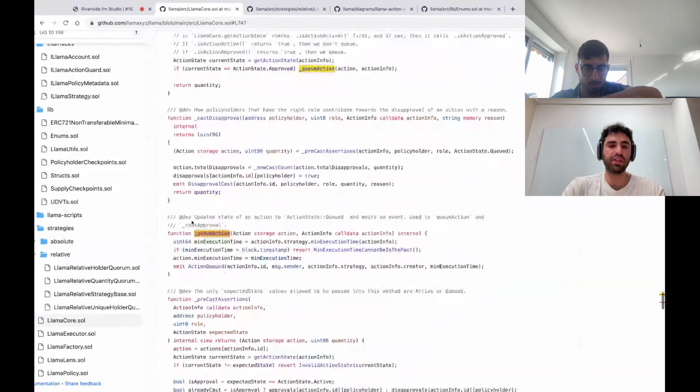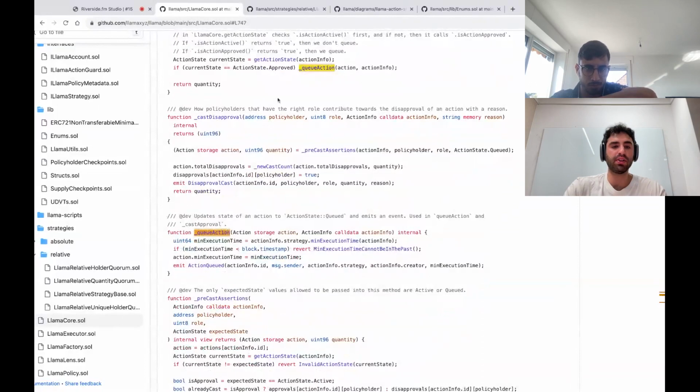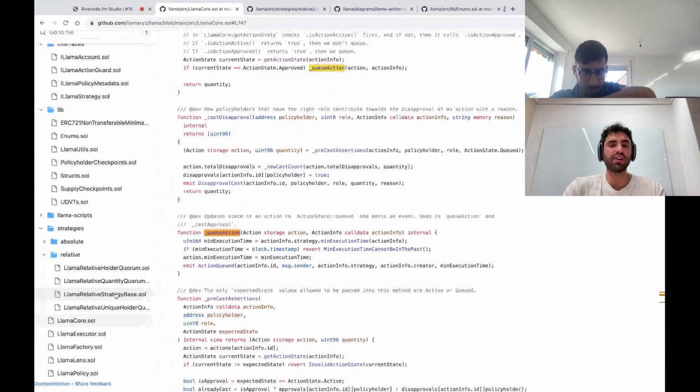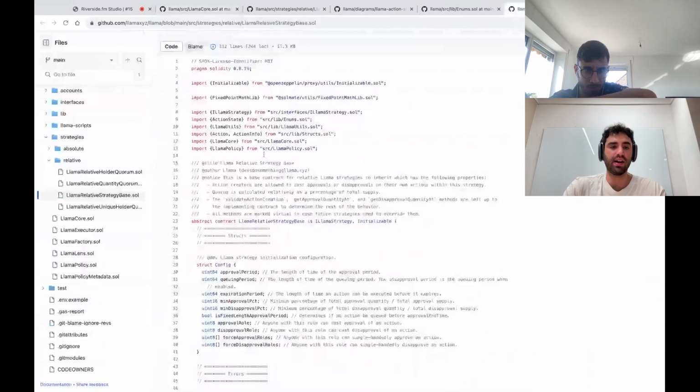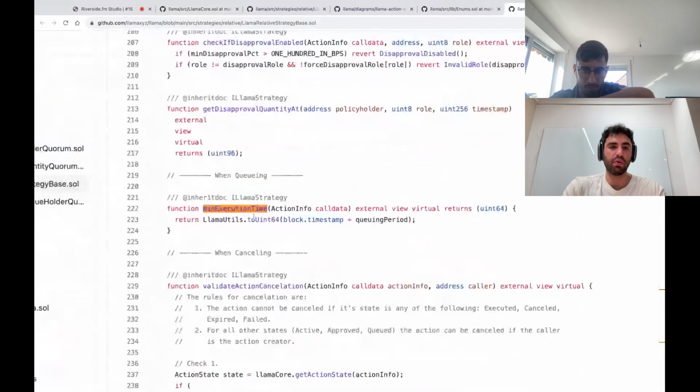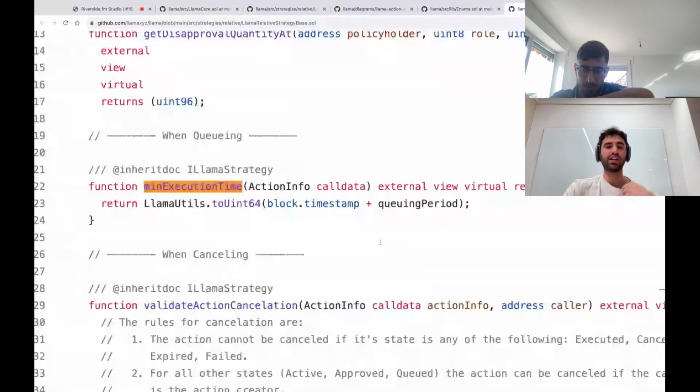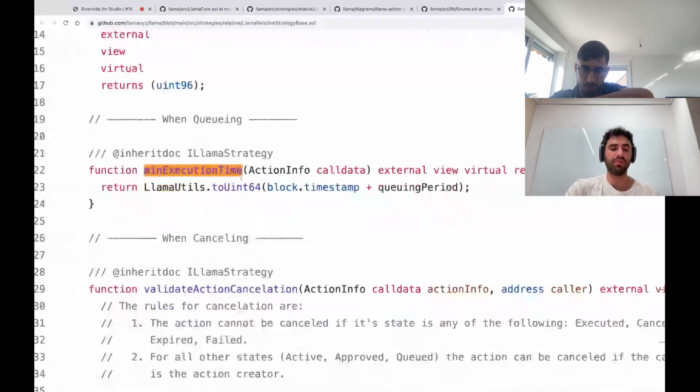The way we do that is by setting this min execution time variable. All that does is reference the strategy: how does the strategy calculate the min execution time? And it uses that value. For the strategies we created, we set the min execution time to be the block.timestamp plus the queuing period.